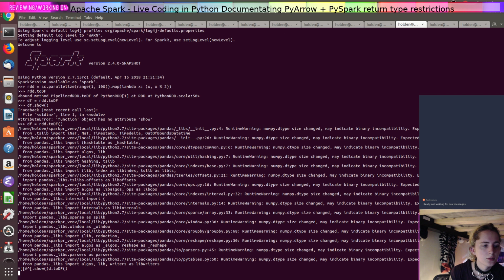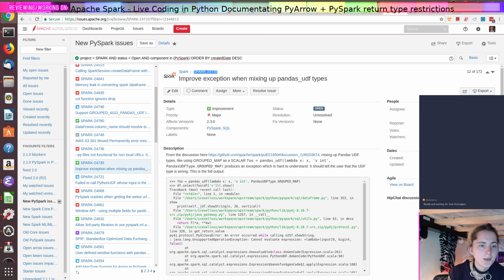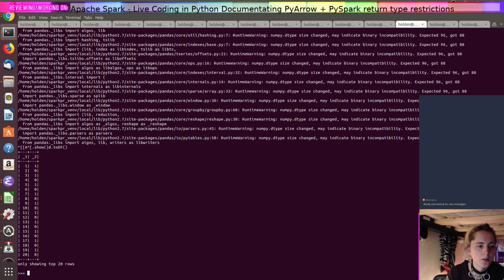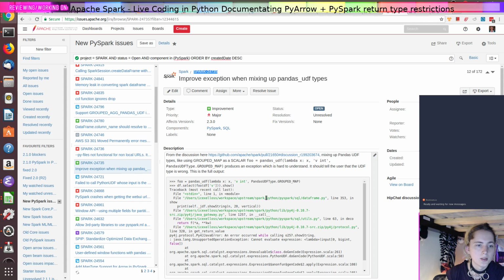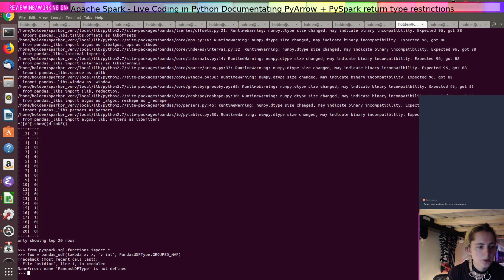Sure. Cool. Okay, so then we can go ahead and from pyspark.sql.functions import star, and we can go ahead and do this. So that gives us,